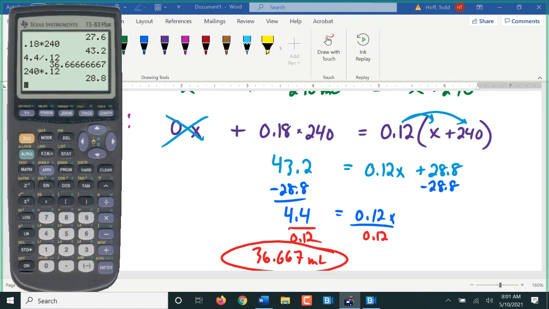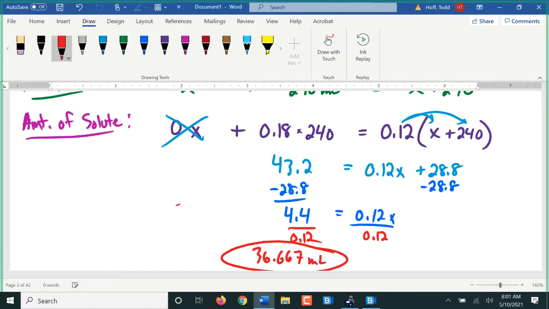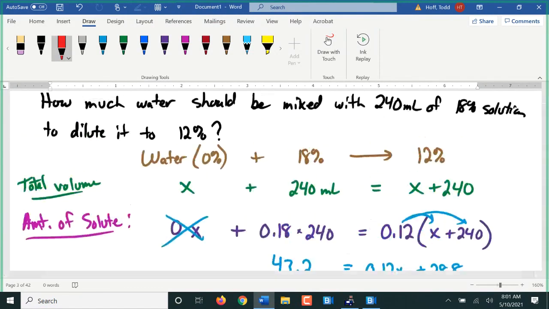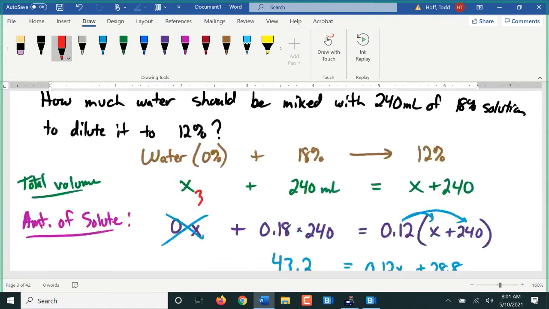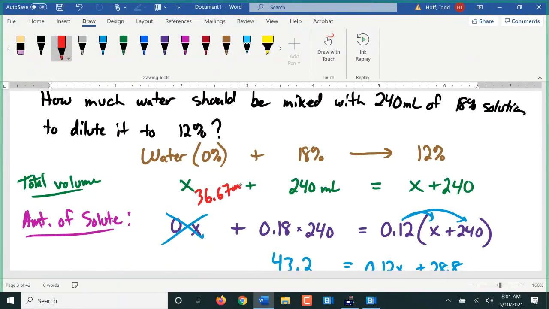Not so bad. Of course, we do double check that 36.67 milliliters is the amount of the